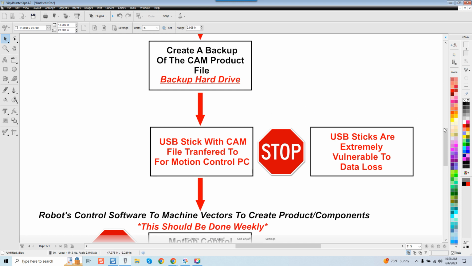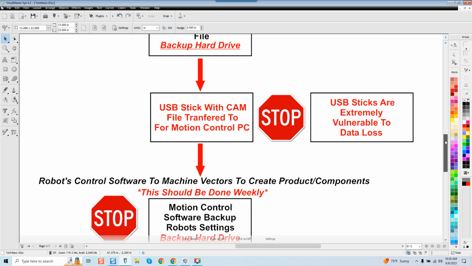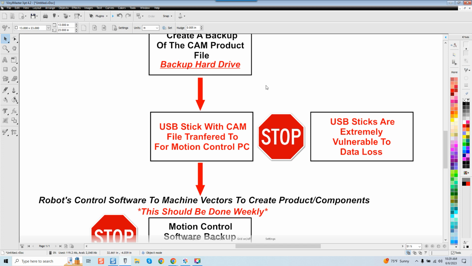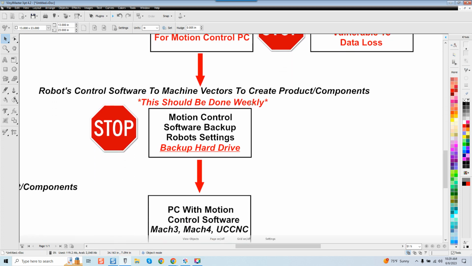USB sticks, and a percentage, if I had to give it, I would say somewhere around maybe 78%. So just be careful with USB sticks. Anything can happen with them. This method does work, and it still works extremely well if you do the backup on the hard drive for your CAM file. So let's say then we move on, and we go over here to, once again, we're at